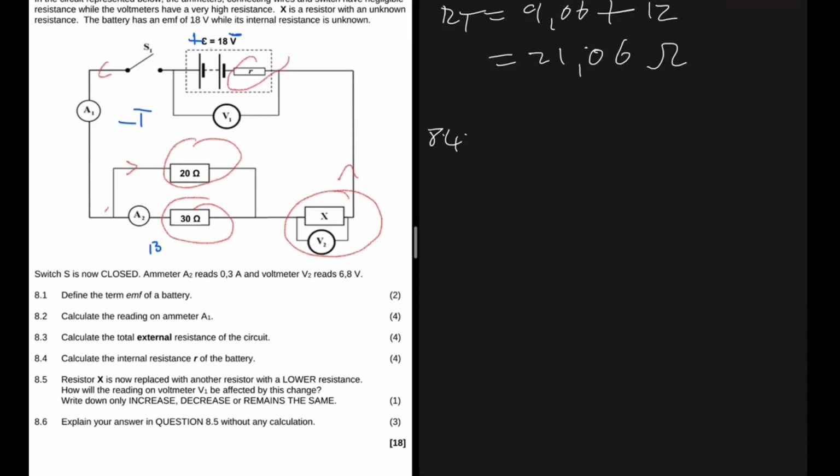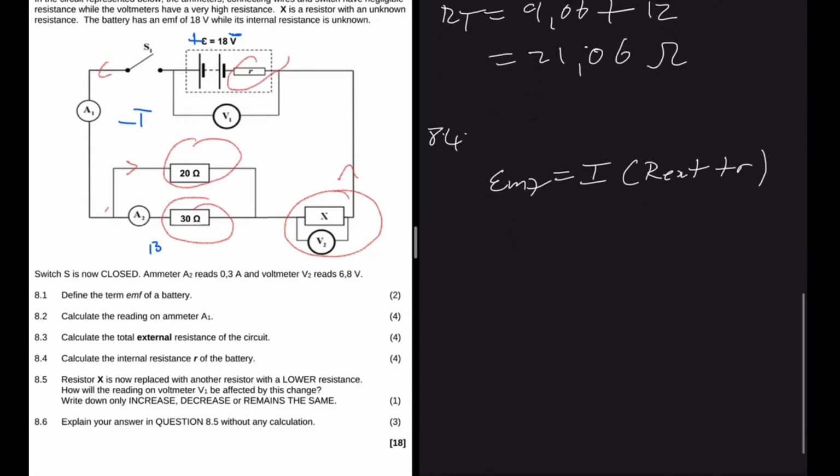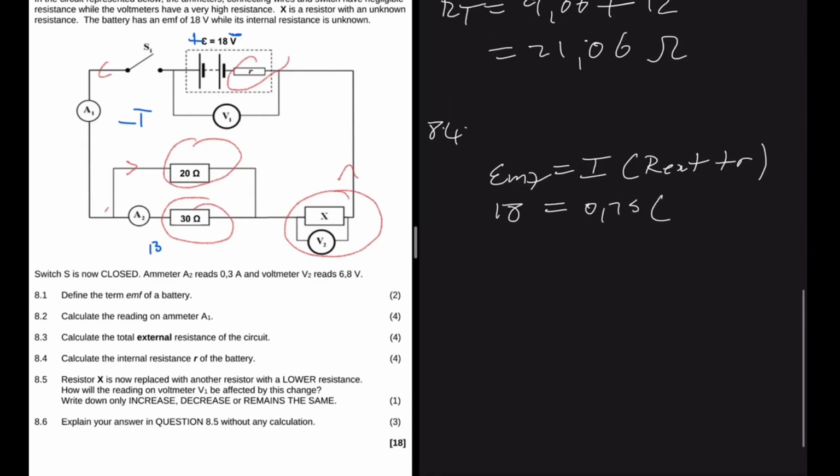That is why EMF is equal to I, which is the current, multiplied by the external resistance plus the internal resistance. What's the value of the EMF? It is given to us as 18 volts. And what's the current? We know fully well that the current is 0.75. And what's the external resistance? That is